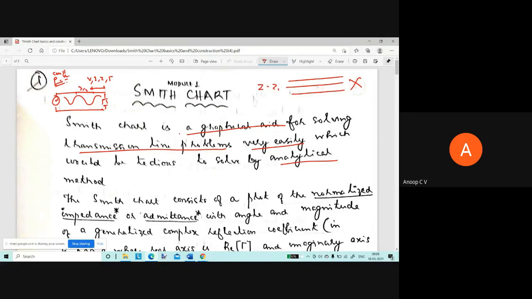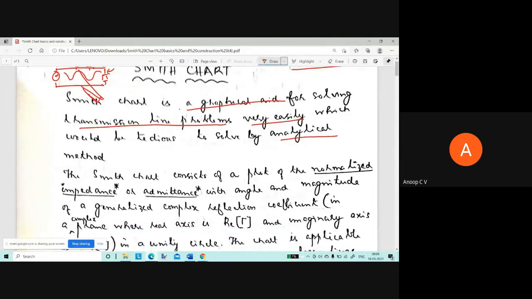So you want to find the voltage or impedance at a given point. Suppose you want to take up a connection from this point. You should know the impedance at this point. You know the impedance at the load end, so from there you have to travel along the line. That expression, with respect to D, the distance from the load end, is what determines how these things change. Those expressions are very tedious to evaluate because each and every element in them is a complex number. That's why the Smith chart is a graphical aid which will help to solve transmission line problems very easily.